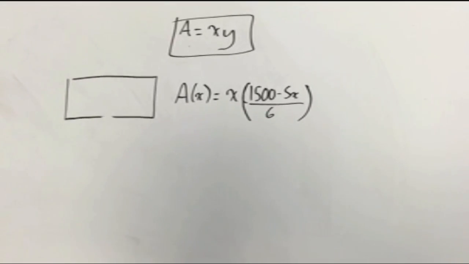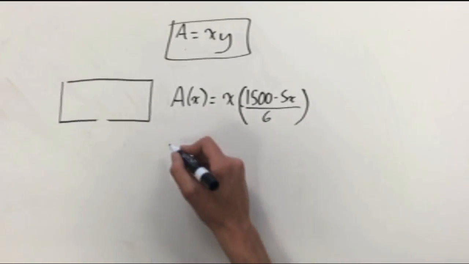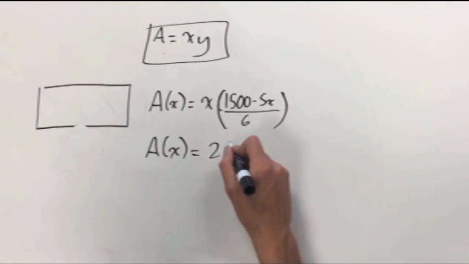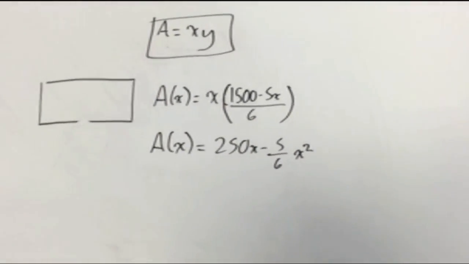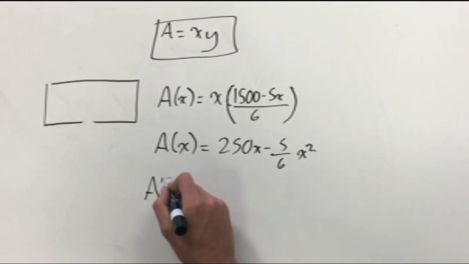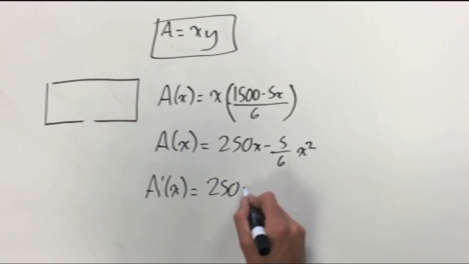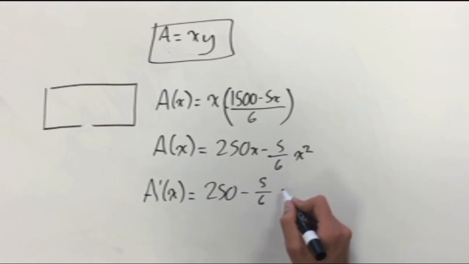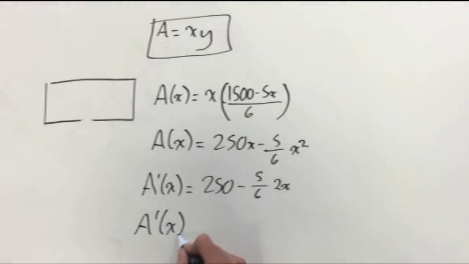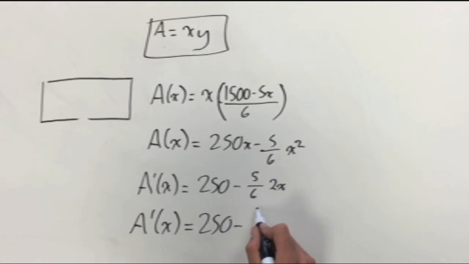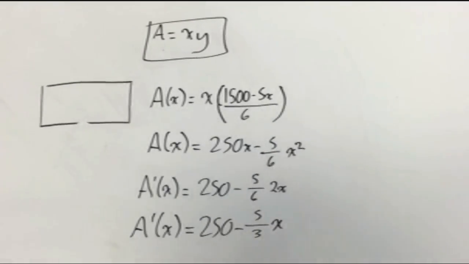Alright, and since we know A equals x times y, let's multiply that x in there. So x times the 1500 over 6 is going to equal 250x, and then the x times the 5x over 6, the negative 5 over 6, may I add, is going to equal negative 5 over 6 x squared. Now let's take the derivative of that, and we're going to be left with 250 minus 5 over 3 x equals the